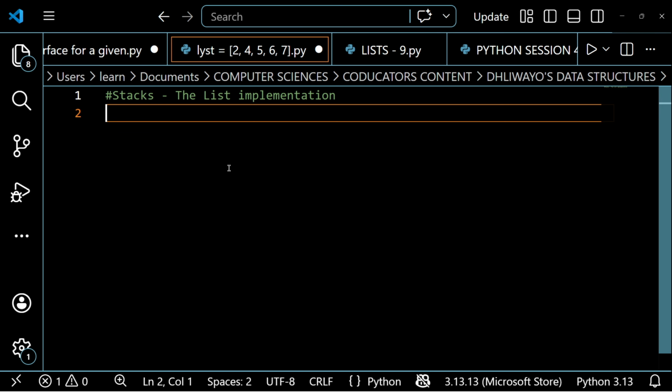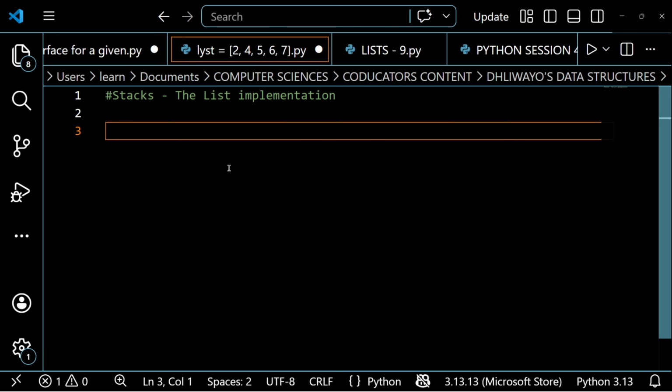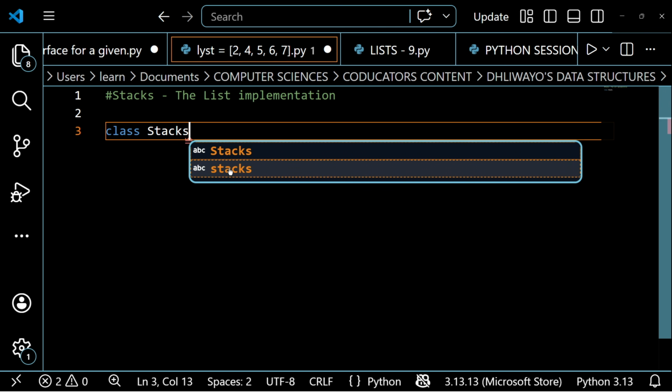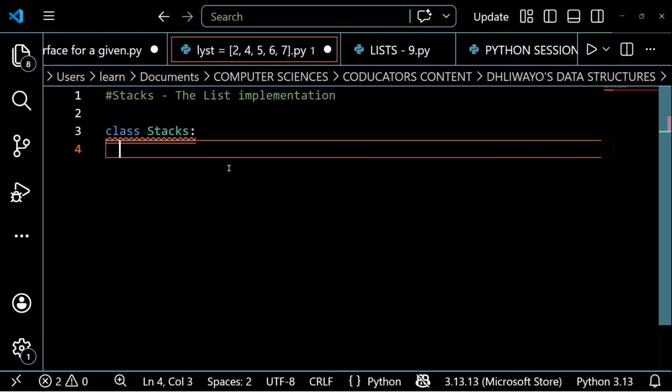All right, so I'm going to use object-oriented programming, whereby I define a class, and then the class I'm going to call it stacks, and then I'm going to put a colon so that I can try and give my class a definition. Remember, a class is a blueprint where objects are actually made. So basically, this class must show all the methods of making an object and all the attributes of an object. If you don't understand this concept, please revisit object-oriented programming first before proceeding with this video, because it would really help you.